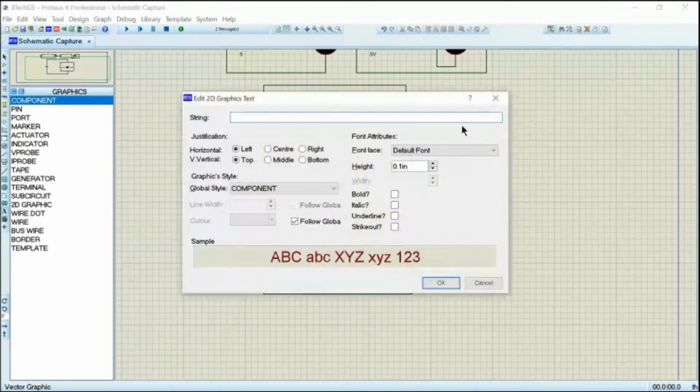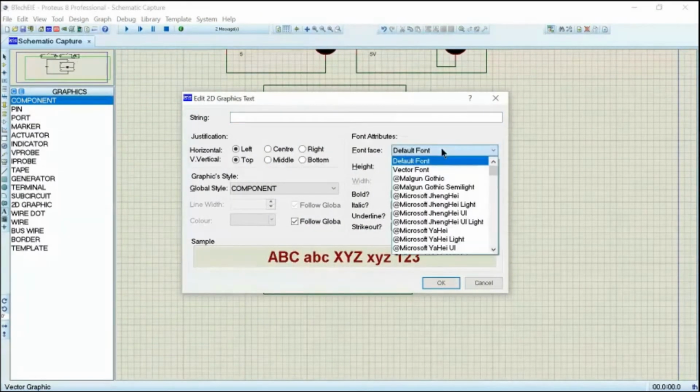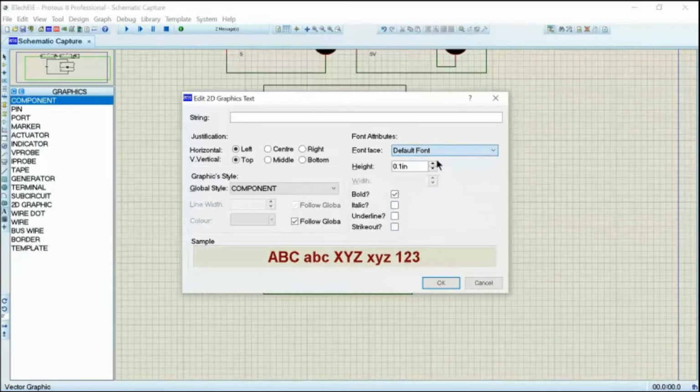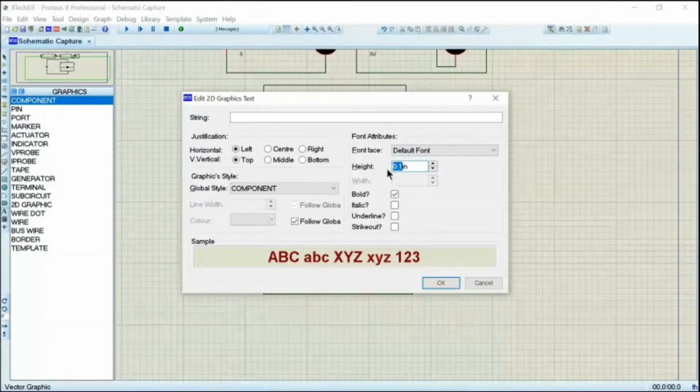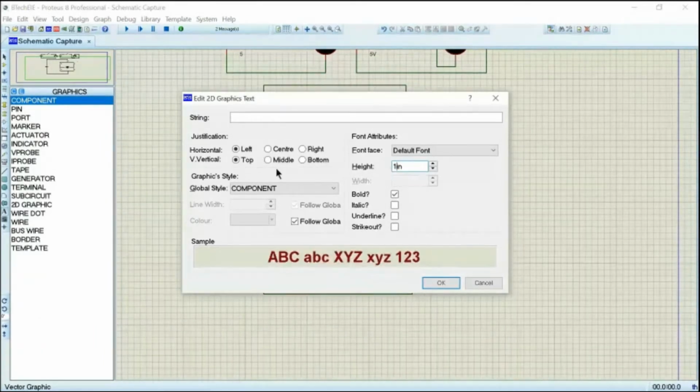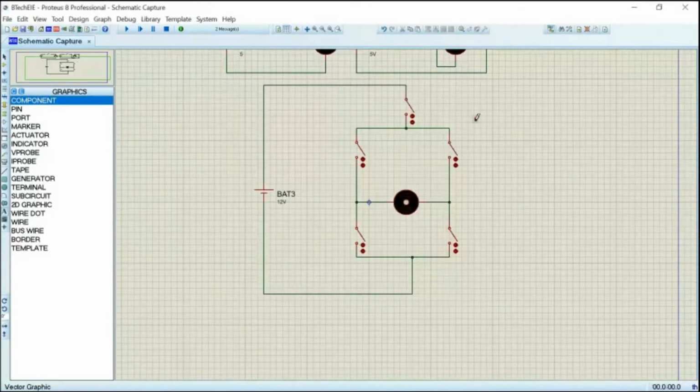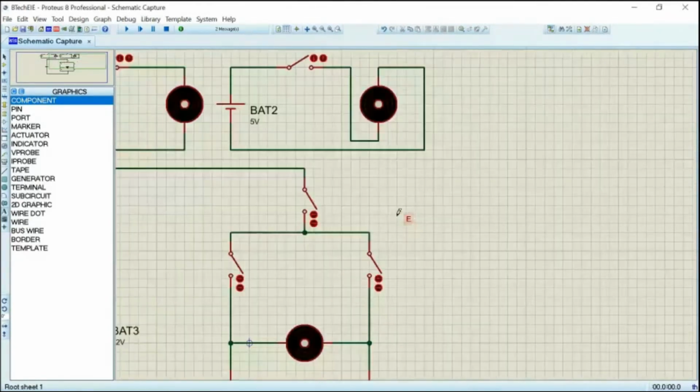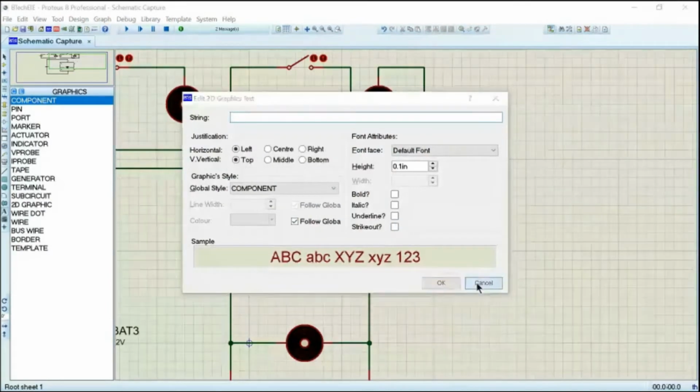Why is this not increasing? Okay, this is not increasing the size of it.